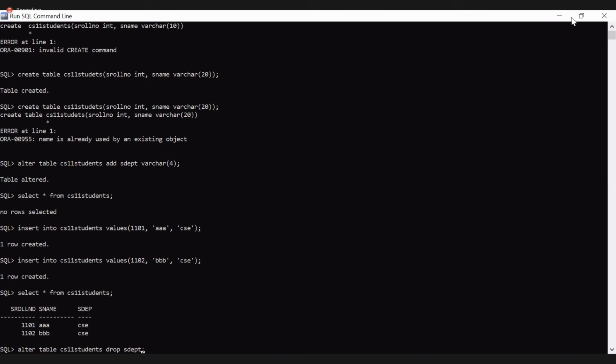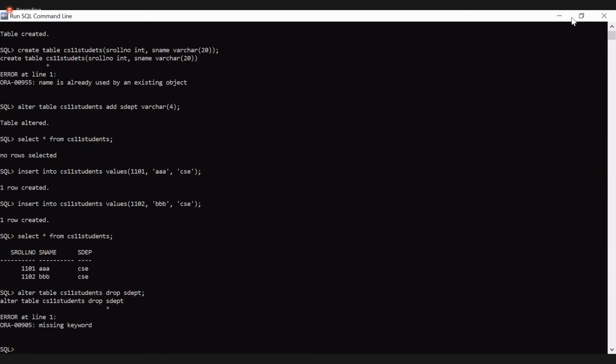See, for adding one more column, we should specify the data type, but for removing, no need to specify the data type again. We can directly drop the attribute from the table. Missing keyword.